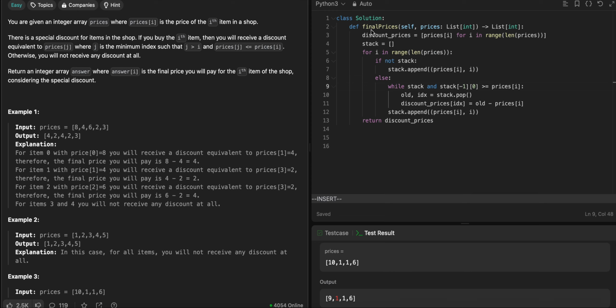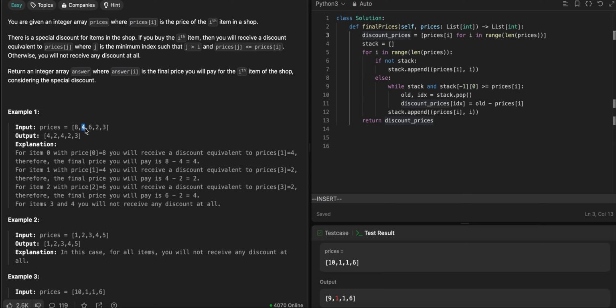That's the perfect algorithm for this problem. Let me explain why. Let's take this as an example: 8, 4, 6, 2, 3. Let's say we're having a strictly increasing monotonic stack. When we loop, we start by adding the 8. Since it's strictly increasing, the next value is the 4. The 4 is less than the 8, so we're going to pop the 8, because it breaks the stack. So we're going to have to pop values until 4